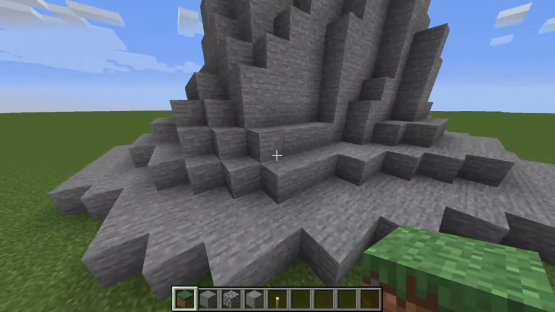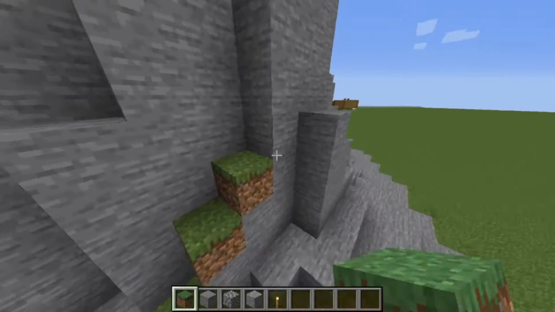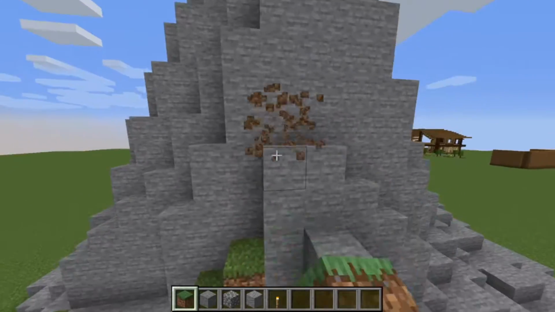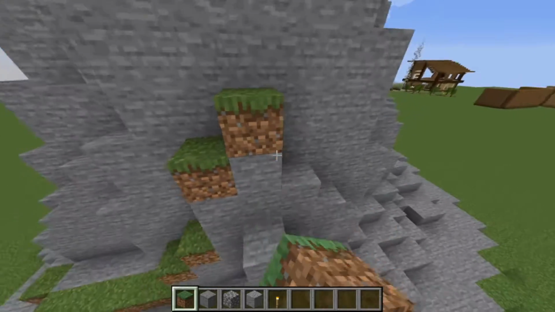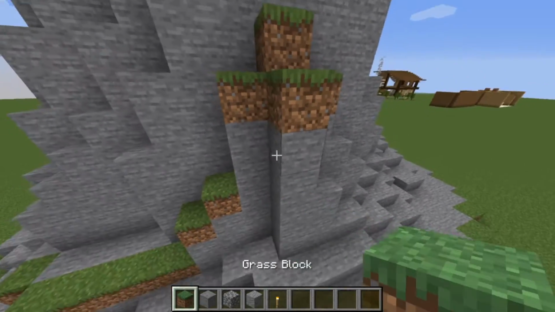And I'm just going to basically, wherever I can, put grass. And if I put grass in a place and it doesn't seem natural, I'll break a stone and then place a grass, guys. Trust me, it makes a lot of sense. And if you need a grass like up here for...